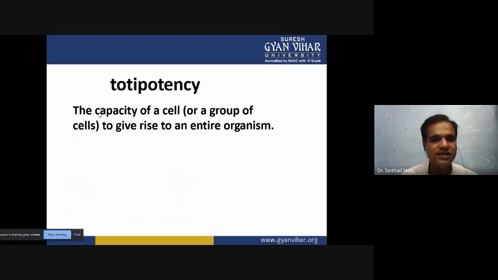So from one single cell we are able to convert it into n number of plants, and this capacity of a plant cell we call totipotency. It is a very specific characteristic of the plant cell. A plant cell can produce n number of plants, and this is only found in plants. Using this capacity we produce the entire plant from a single cell.